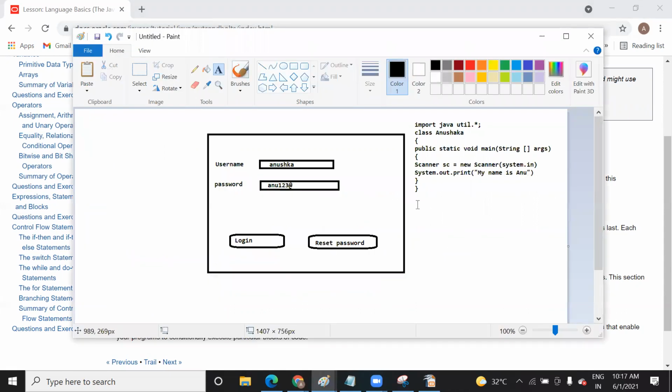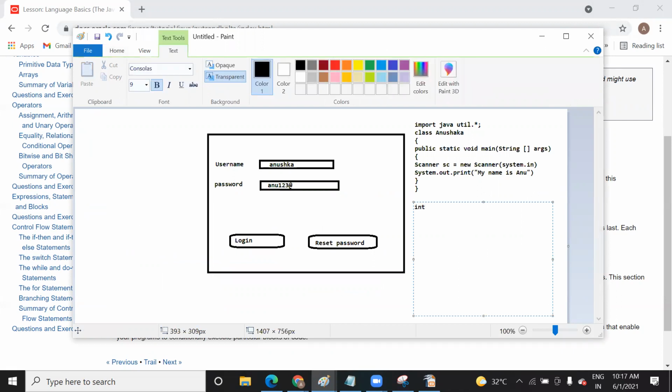For example, there are different kinds of data types like int, float, double, boolean, character, string. These are the data types. A data type tells what kind of data is held by a variable. So we write int, float, double, boolean, character, and they have a fixed size and fixed values supported by them.